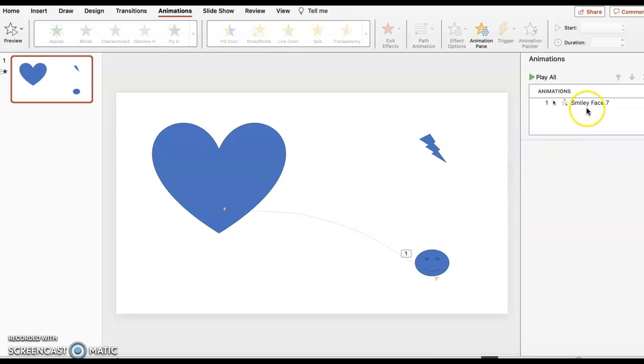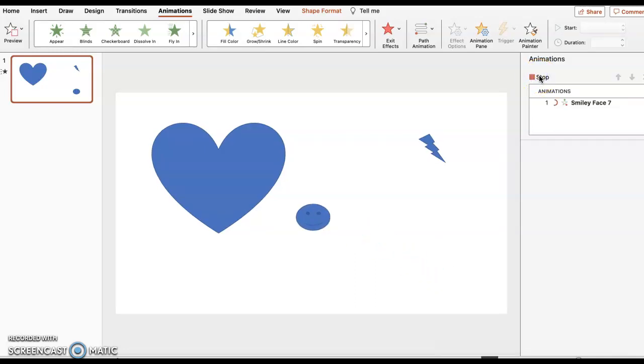And if you've noticed, up here it's an animation box. And you can do all sorts of things. If I make sure that's highlighted, I can put play all to check how it looks. So I'll go play all, and the heart goes right behind it. And now I want to do the same with the lightning bolt. So I select it, I put path animation,